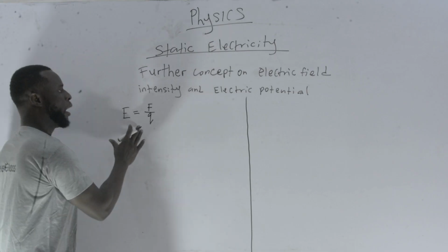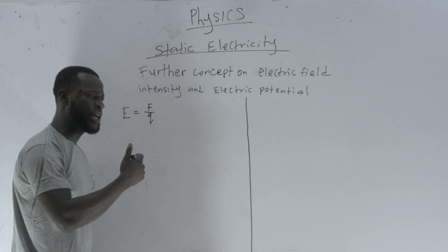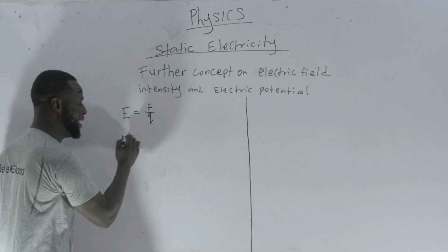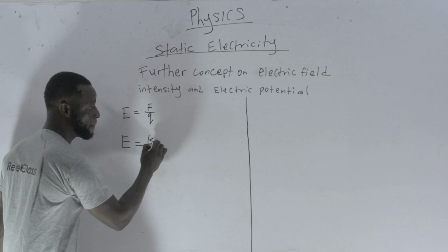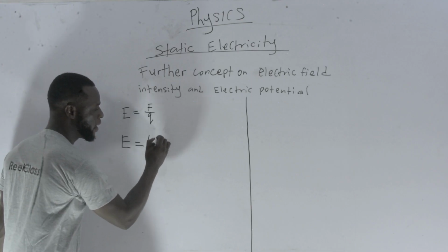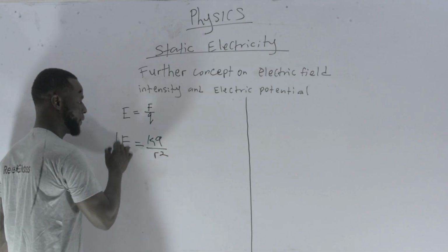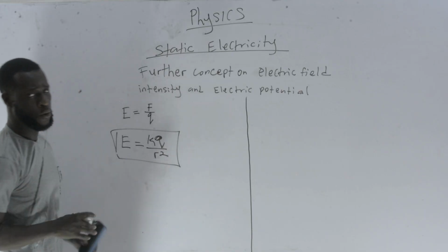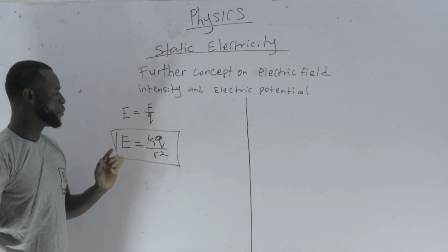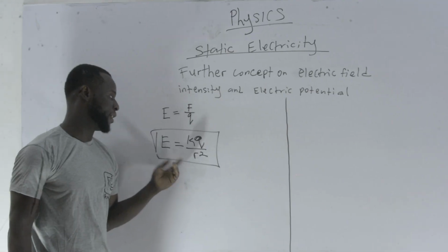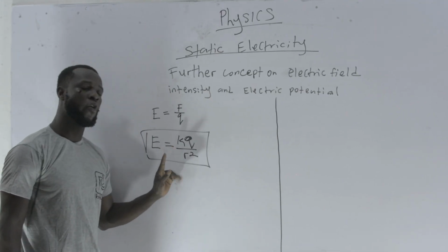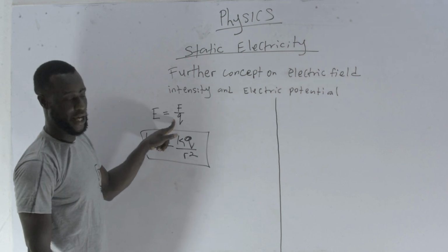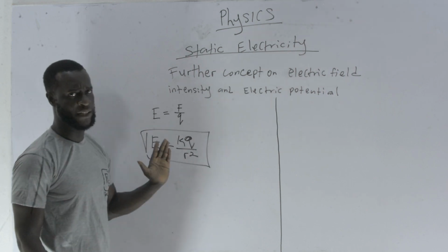Now, remember we said that electric force is equal to KQ1 Q2 over R squared. So I can rewrite electric field intensity as E equals KQ over R squared. This is almost looking like Coulomb's law, but the basic difference is that in Coulomb's law, you're having Q1 Q2 over R squared. Here you're having E equals KQ over R squared, where Q is the charge. So electric field intensity is force divided by charge, or it can be KQ over R squared,